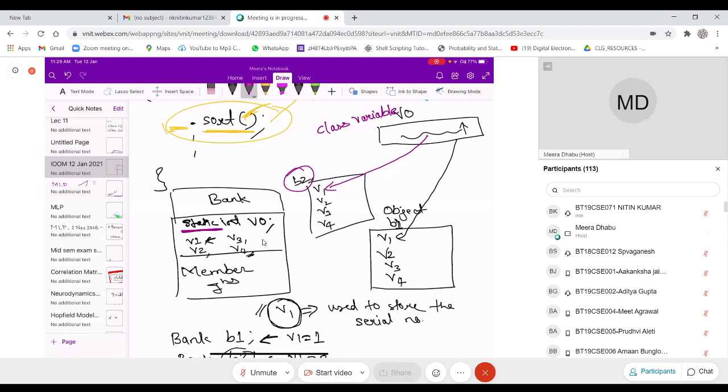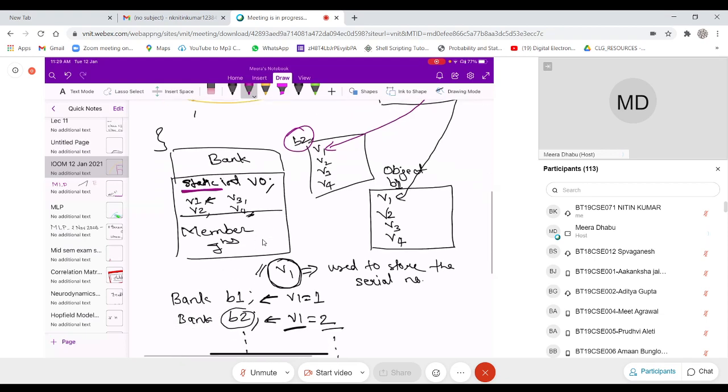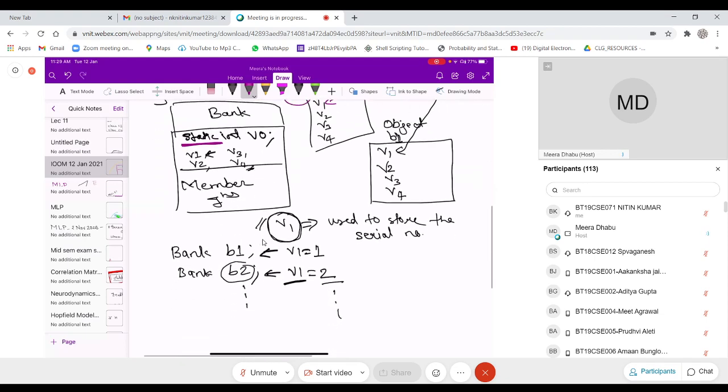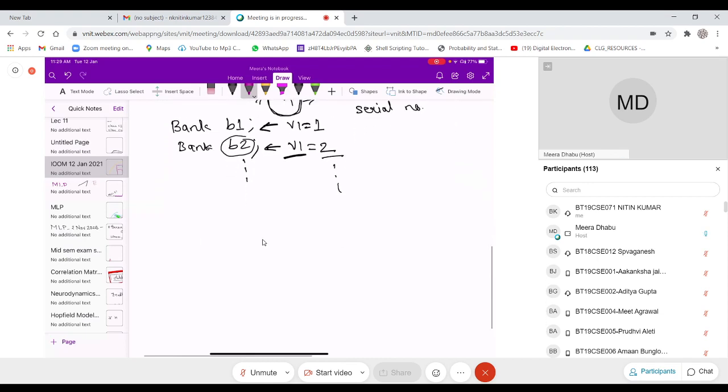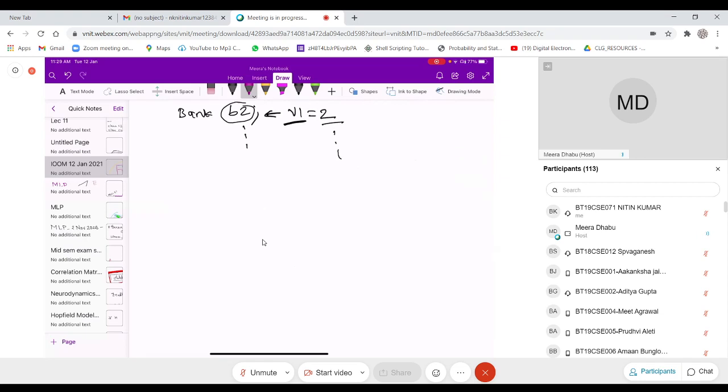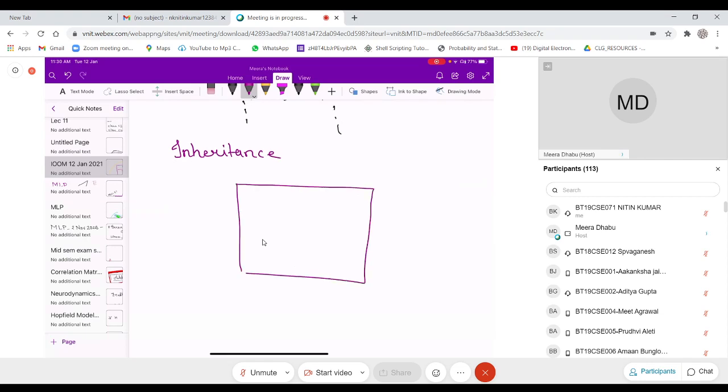Okay, next characteristic is inheritance. As I mentioned, you might have some class. Here it will be the class name, and say V1, V2, V3, V4 are the 4 data members.